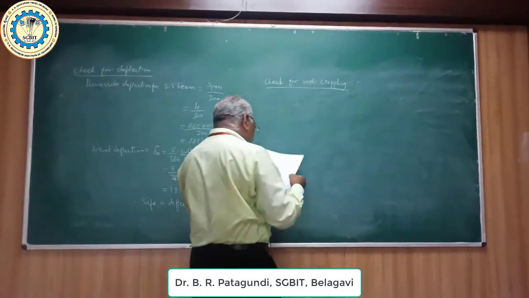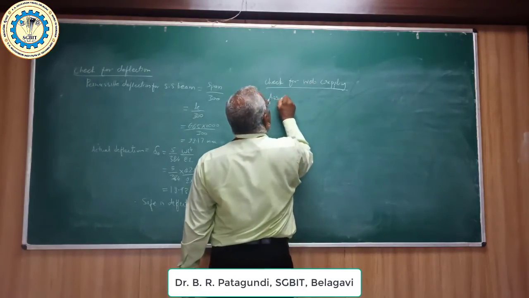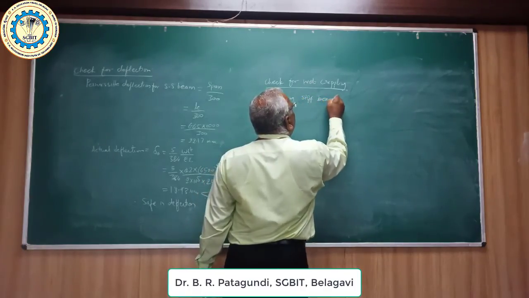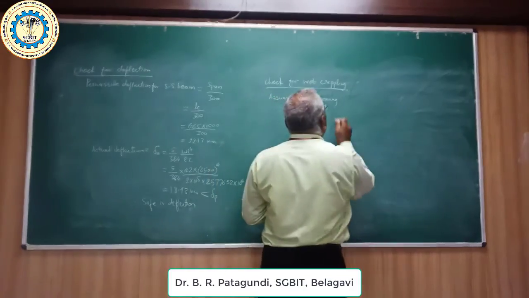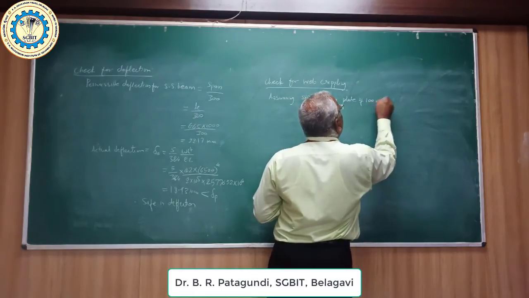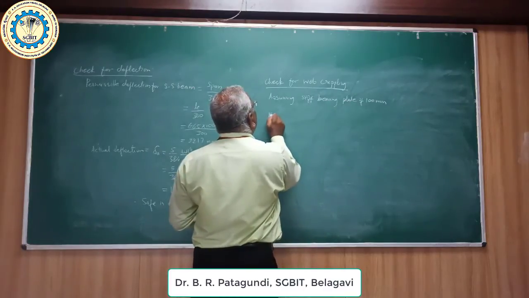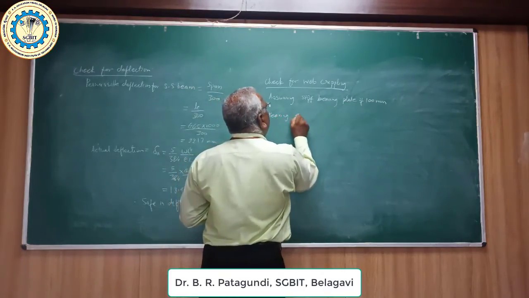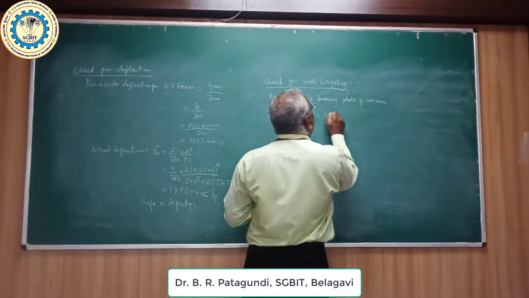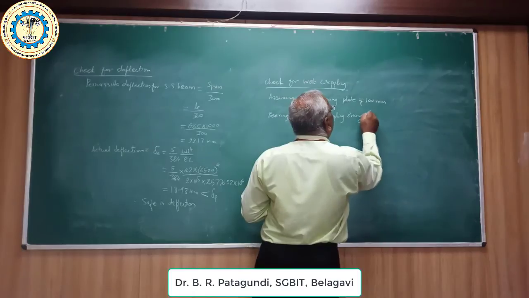Assuming stiff bearing plate of 100 mm width, bearing strength or crippling strength, web crippling strength is equal to